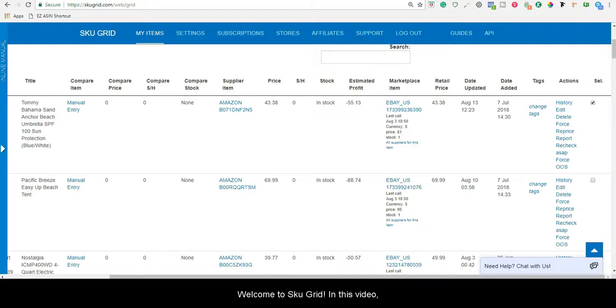Welcome to Skugrid. In this video, we will show you how to enable or disable buy box owner on multiple